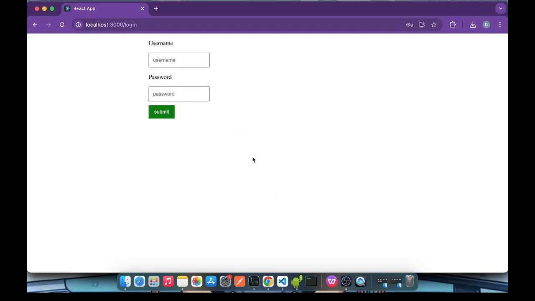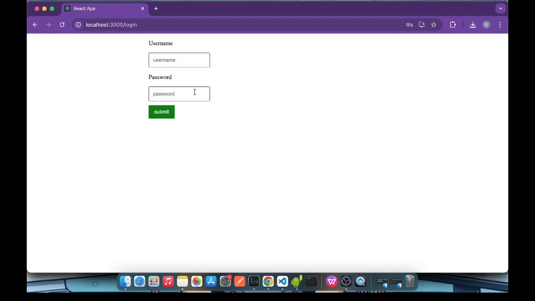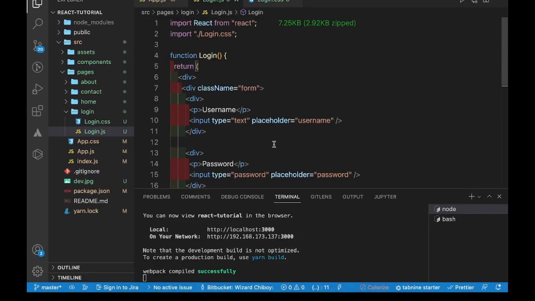Okay, in the sense that we have a form here, and you want to catch whatever the user inputs in this form. Maybe you want to submit the form to the back end and then do some integration with it. So how can we type into this place and also into this place, and catch what the user has written inside of these boxes? Cool. So what I want us to do here is to just